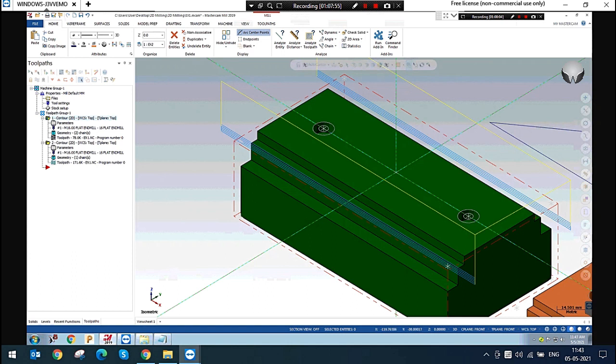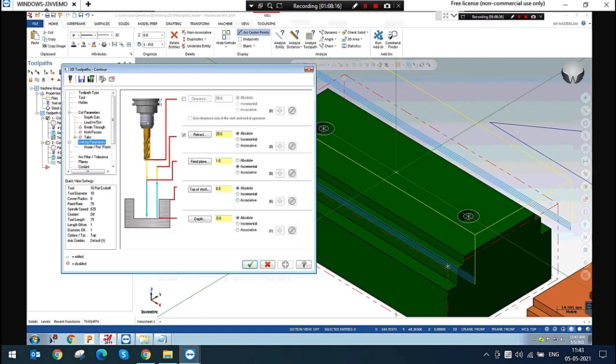Yeah, that is the associative option. Yes, it is useful. For this type of operation, if you want to modify, the toolpath will automatically modify. Only this option uses associative.